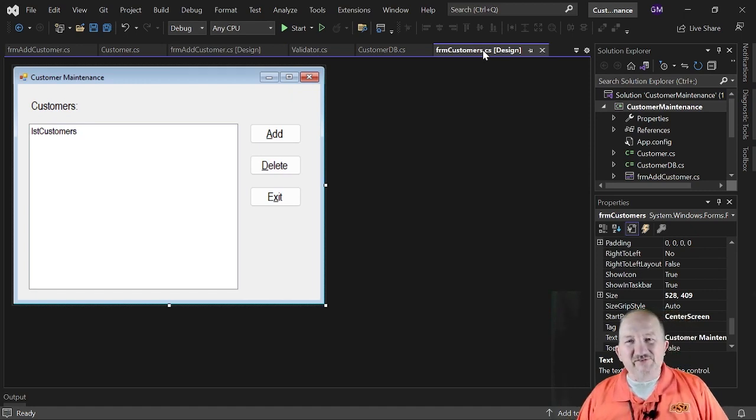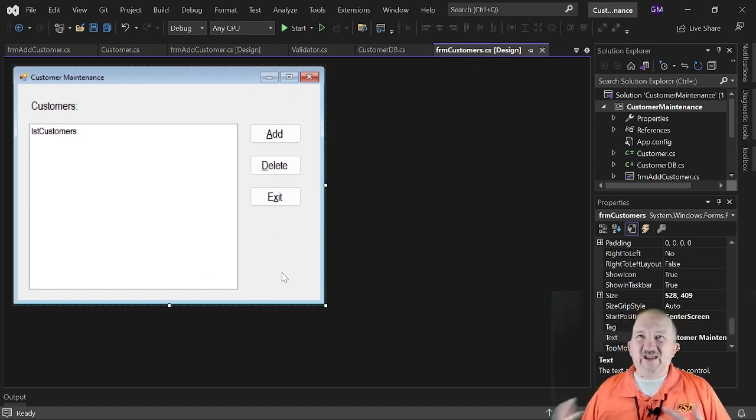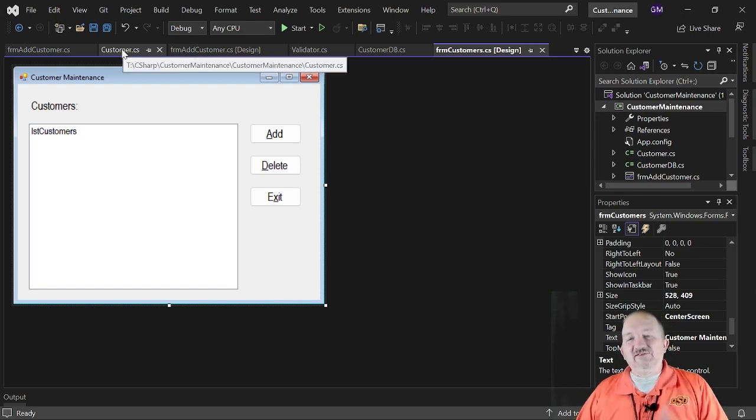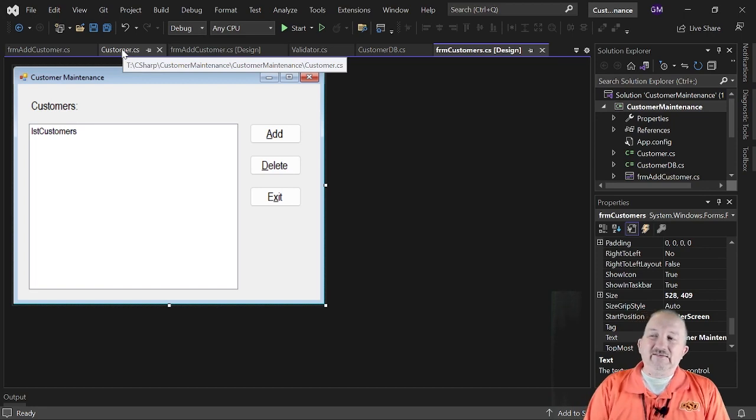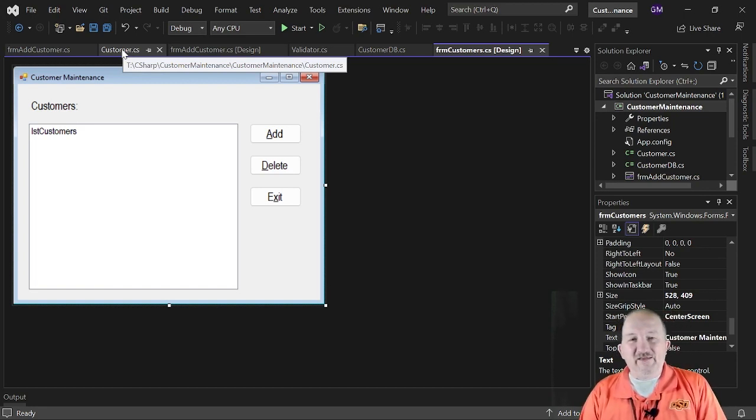But what we're going to do with this now is change some things around, not even so much yet on the form, but in the customer class. So we're going to be doing some indexing and some argument throwing, or exception throwing, sorry, and then just a few other things that we want to take a look at